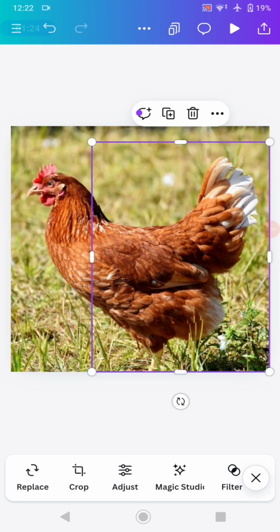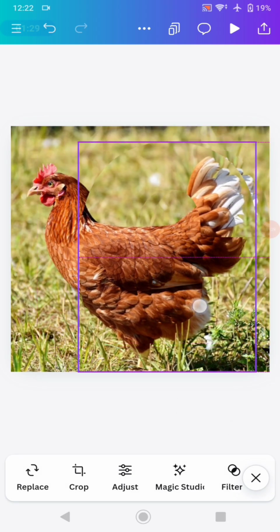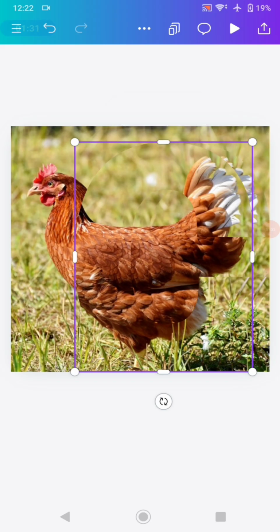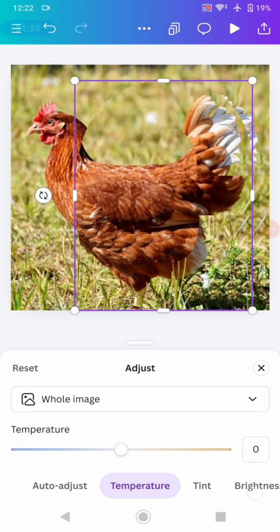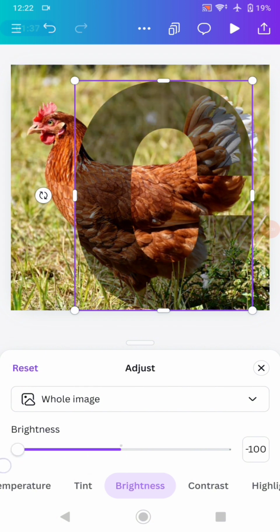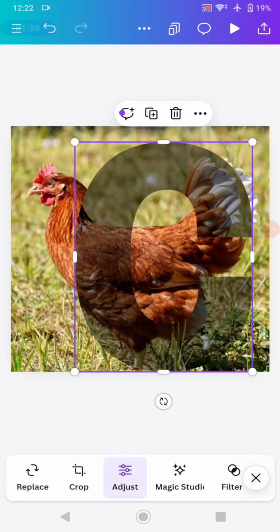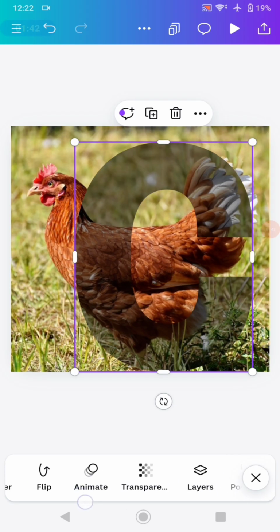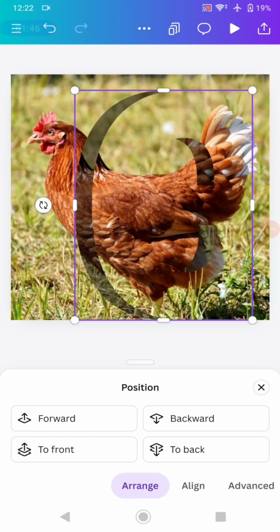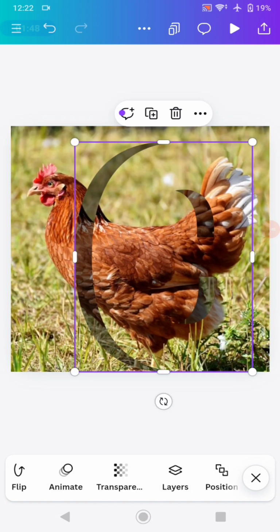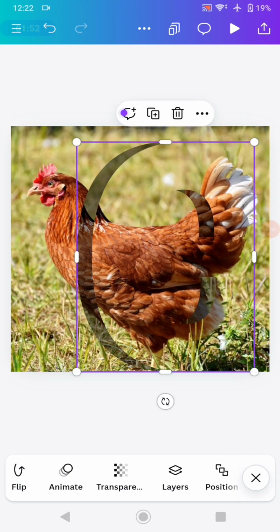Then click done, and after that you need to duplicate the frame one more time and then adjust the brightness and decrease the brightness like this. And after that you need to move the duplicated frame backward in position. And after that, double tap